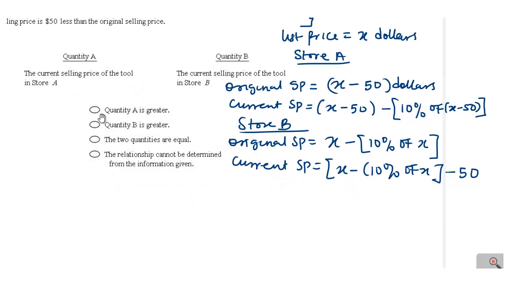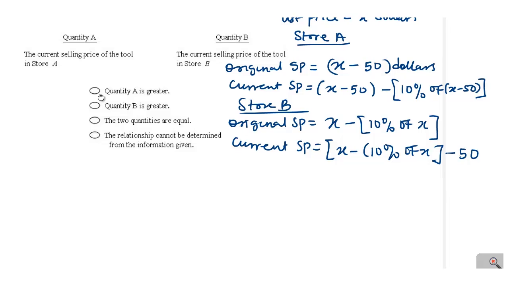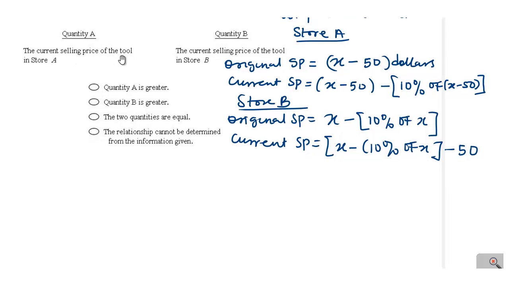So the next phase is quantity A. It says the current selling price of the tool in store A. So what's the current selling price of the tool in store A? And that is this. So all we just need to do is to simplify this. So I put quantity A here. In that case, this one can be simplified as X minus 50, then minus 10% of X minus 50